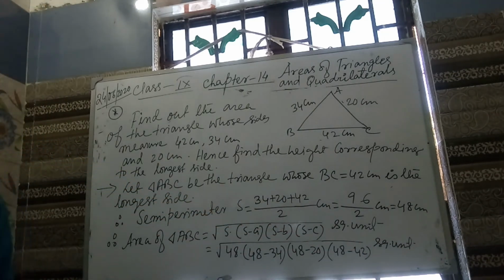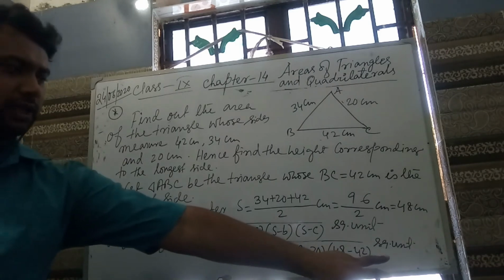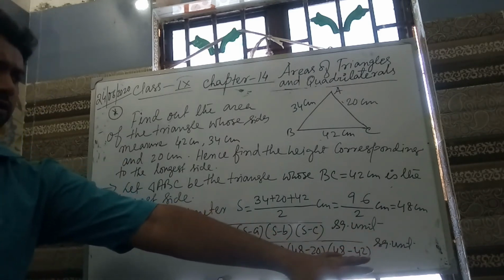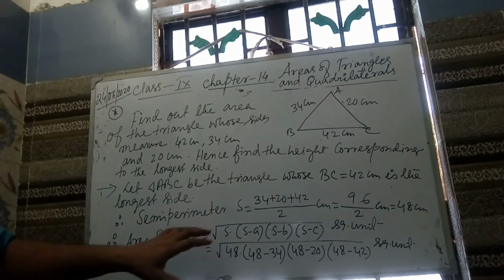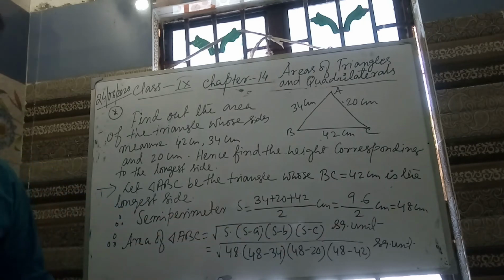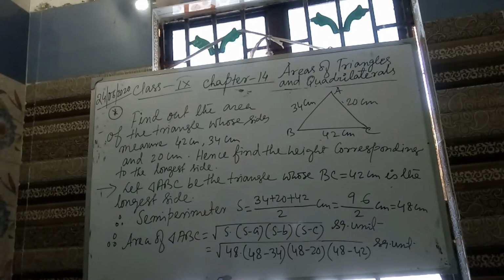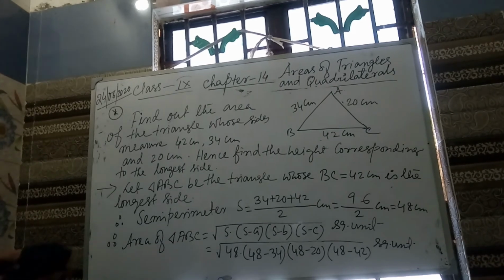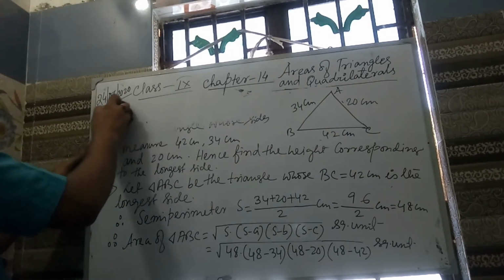I am giving you 1 more minute. No, sum is not yet completed. The board is very small. That's why you first copy it up to this step, then we will be doing the remaining part. Find out area of this one if you can find it out, or wait for me. I am erasing the question.